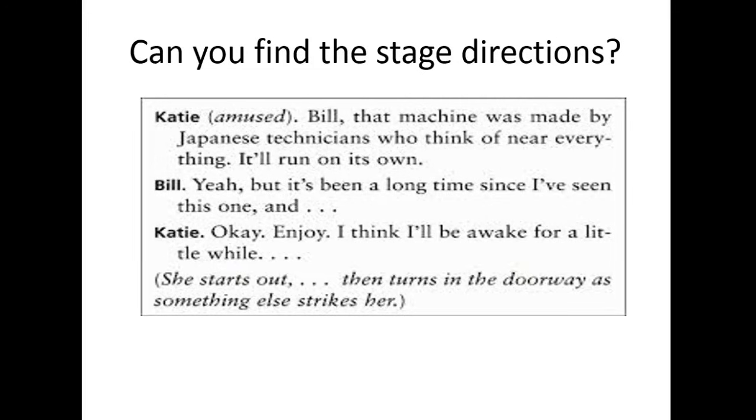Can you find the stage directions here? They're pretty easy to find. Like I said, they're either in italics or in parentheses, and in this example, they're in bold. So here we see that Kate is amused. She doesn't actually say the word amused. It tells the person playing Katie that she probably wants to put a bit of a smile on her face